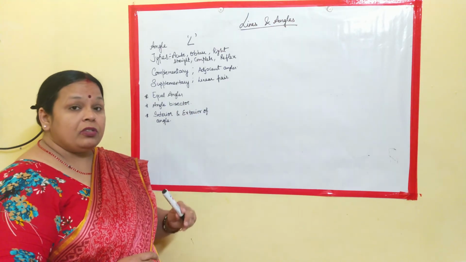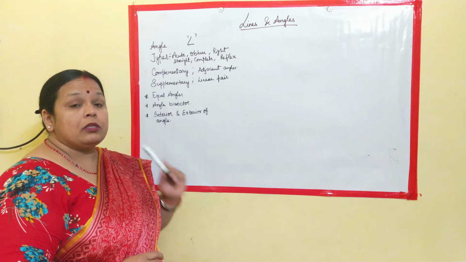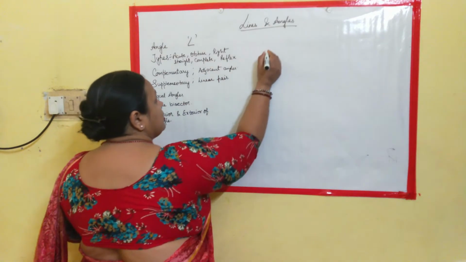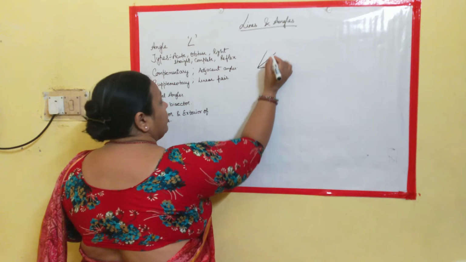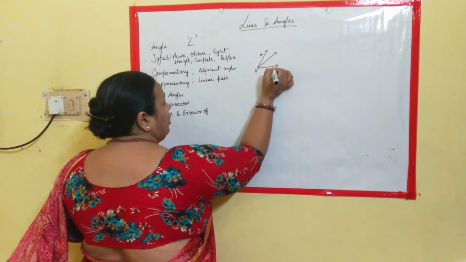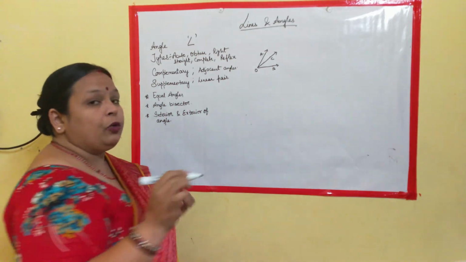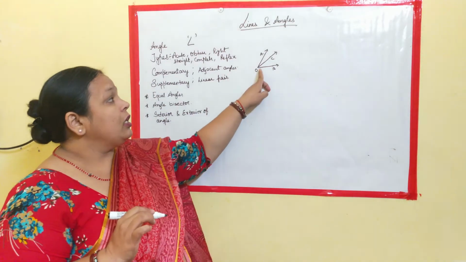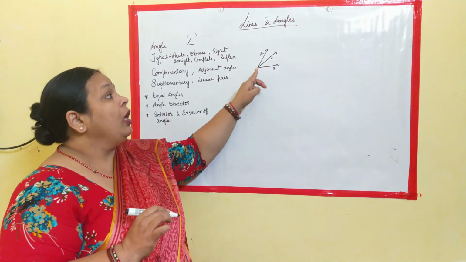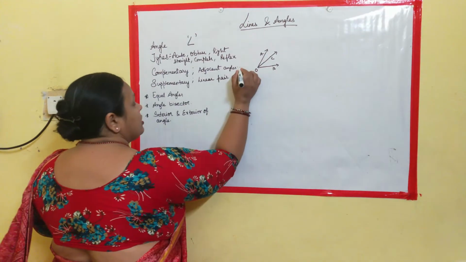Adjacent angles. The definition derived yesterday was: two angles having one common ray and the same initial point. See, this is one angle, this is the other angle. If you give the names O, A, B and C, then AOC and COB are said to be adjacent angles because all three rays originate from the point O, and OC is the common arm between both the angles. So, this was adjacent angles.